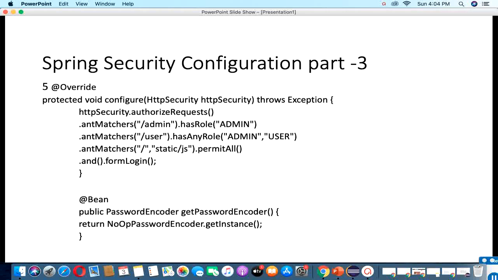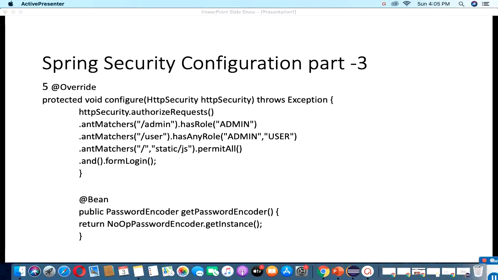And one more thing: if we add any security in Spring Boot, we need to override the password encoder. I am using plain text here, so that's why I did not override any password encoder. By default I have NoOpPasswordEncoder getInstance, but in a real scenario it is not a recommended way, because we need to apply some password security mechanism here.